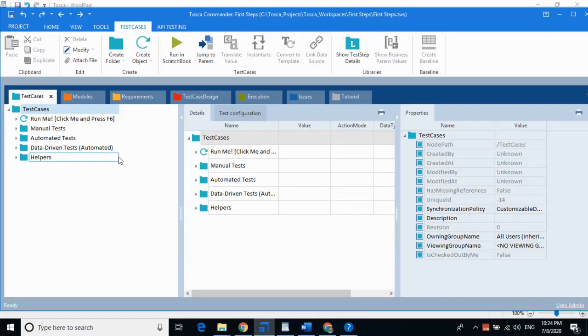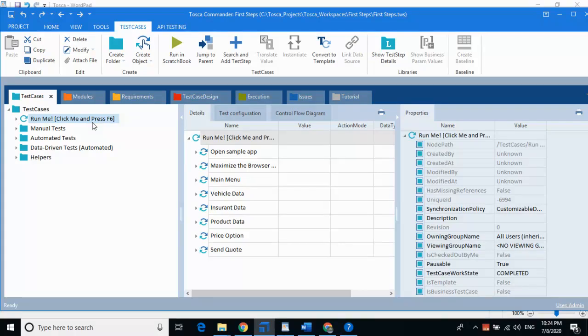Now you can see this is the example set that is available. It's a ready-made example that is available in Tosca. Here are the steps.